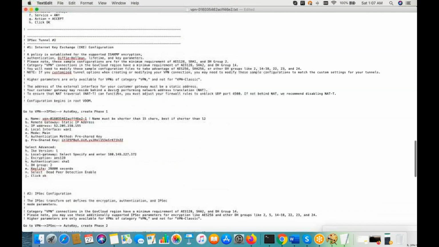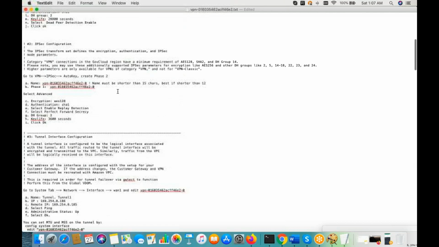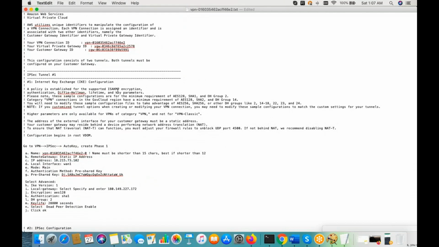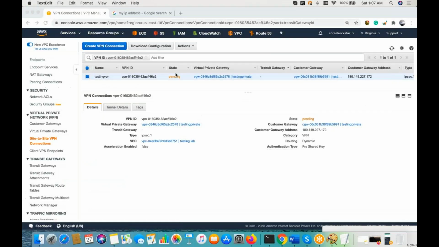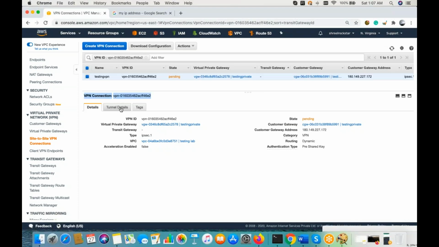Means if you provide this configuration file to your customer, the network guy is not going to ask you any further question, because he can get every piece of information required to configure VPN from the customer end to AWS connectivity. Everything is available here, and that is quite enough by sharing this configuration file. Simple. Provide this configuration file, and the customer will configure the process.